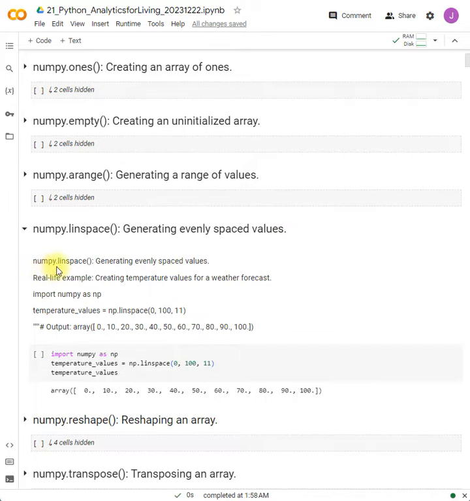The function is written as numpy.linspace, then the parentheses, which generates evenly spaced values. The real-life example would be, let's say, creating temperature values for a weather forecast. First step is to type in import numpy as np. Temperature values equals